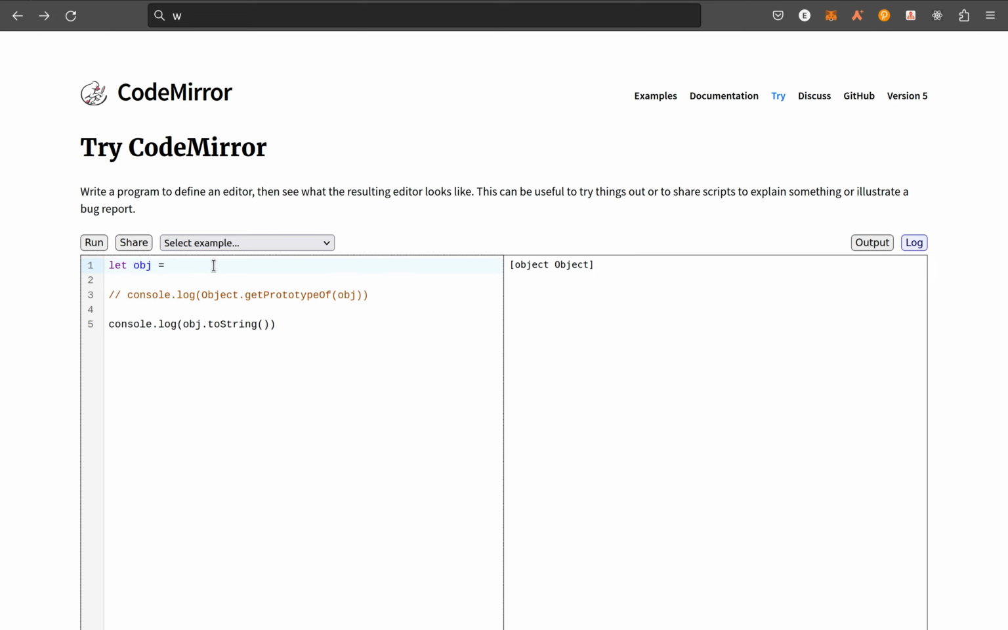So when we say prototype, we mean what is this object inheriting from? What ancestor is this object coming from? So if I want my object not to inherit anything, I'll just say Object.create(null). Now Object.create takes another object as an argument, and that object will be used as the prototype